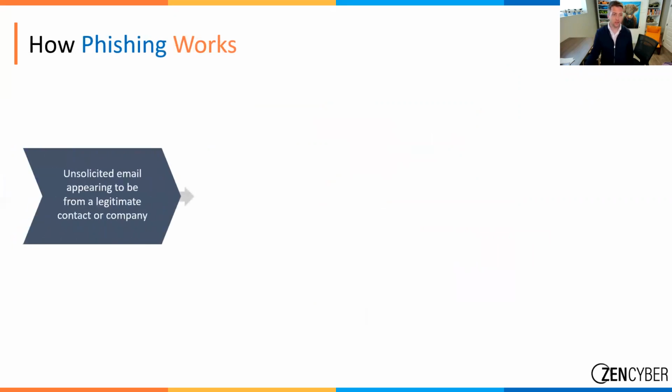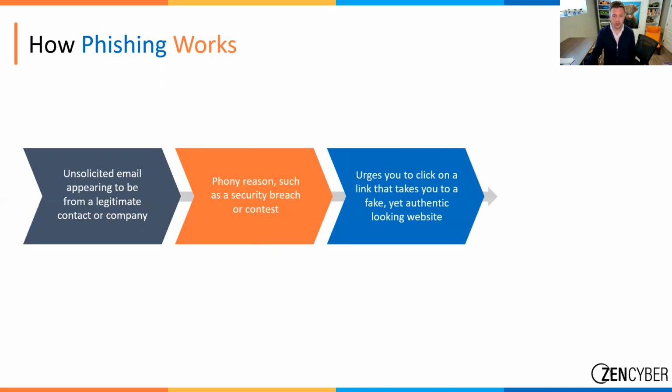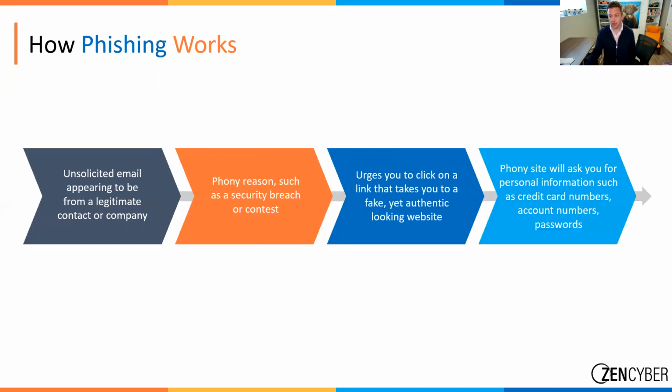So how it works: first, they send you an email that you're not expecting. Like we said, they have a reason or information that they want you to take action on, to click and take you to a malicious site. And that phony site is going to ask you to enter information. This is what I think snags a lot of people: they maybe don't realize when they first open the email that it's malicious, and they click on the link and it goes to a website and they start typing their stuff in and they go, oh wait, maybe this isn't what it looks like.